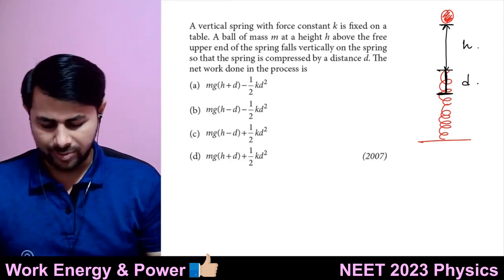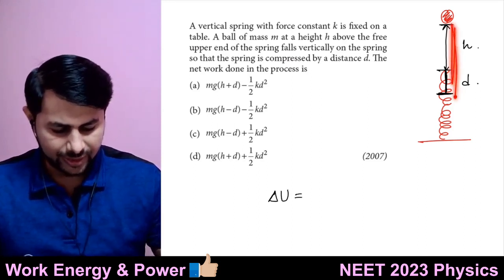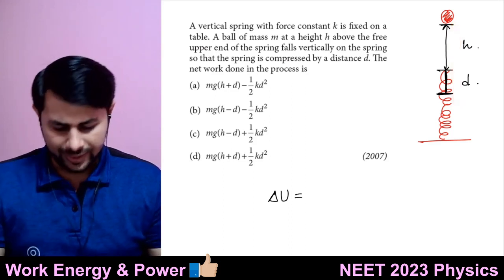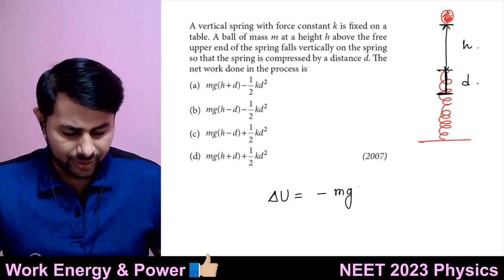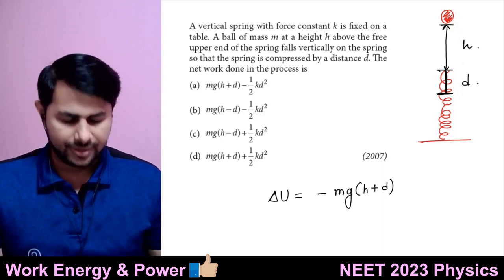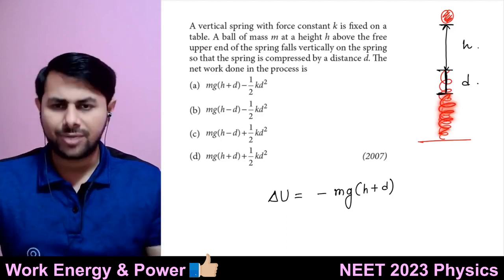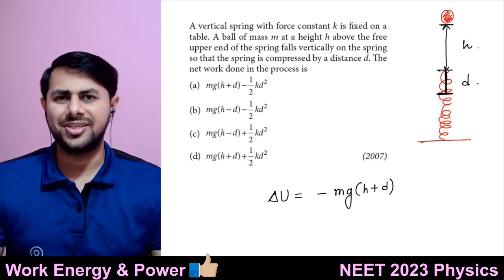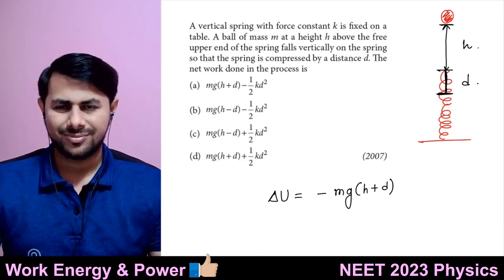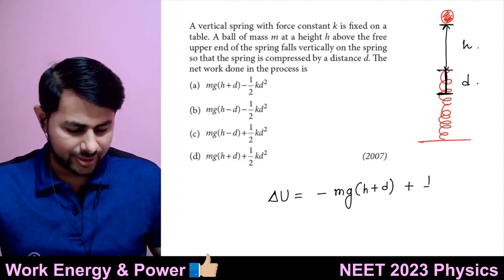Let's find out the total change in potential energy. So this mass is losing potential energy, right? So its change in potential energy will be minus mg multiplied by the change in height, h plus d. And the spring is gaining potential energy because the work is always done against the spring force. So the change in its potential energy is half of k times x